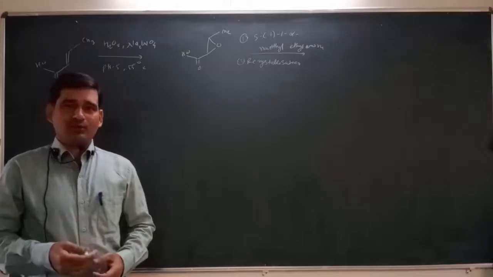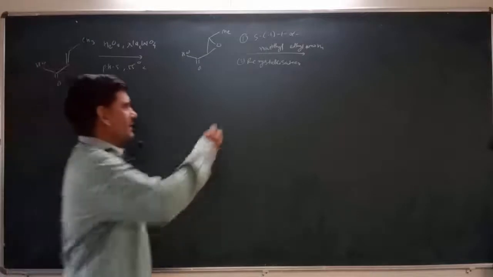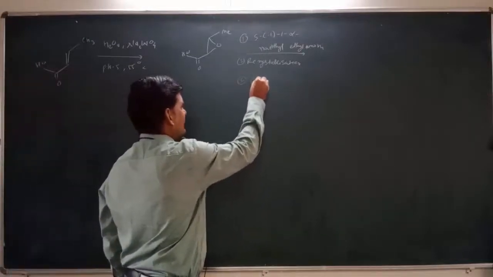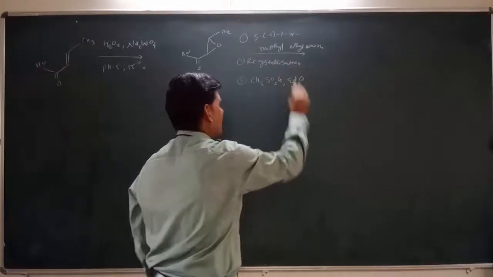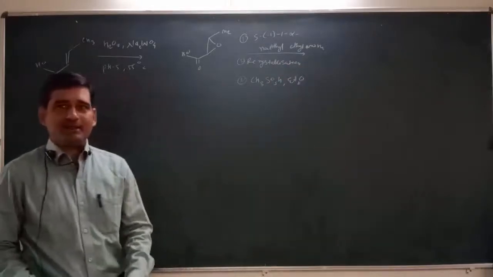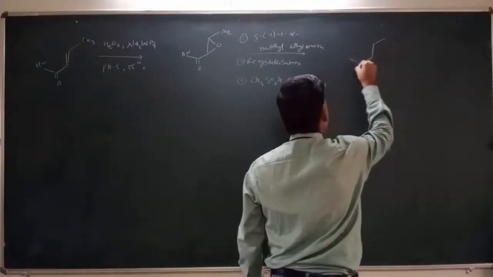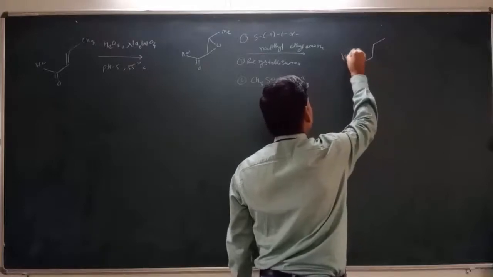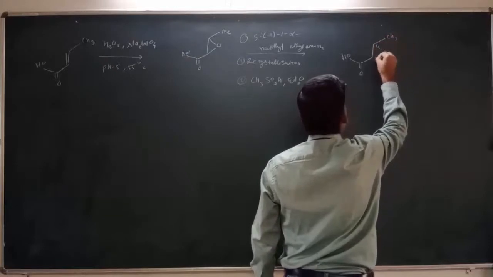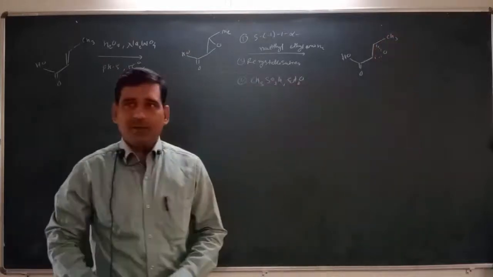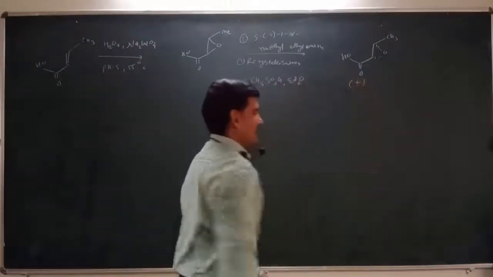Then in a further step we are doing recrystallization, and then again we are separating this compound with ethyl sulfonic acid, SO3H, in the presence of ether. Then it gives formation of a single stereoisomer of this epoxy butyric acid. So this epoxide will be from the plus sign, that means it gives a stereoisomer like this.